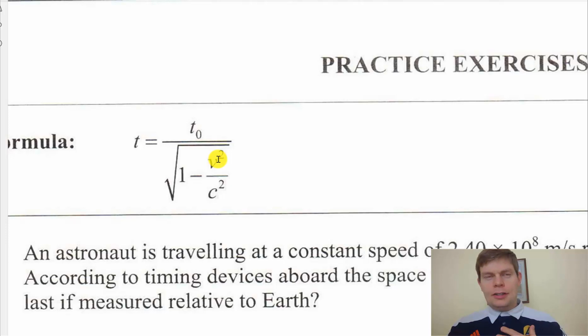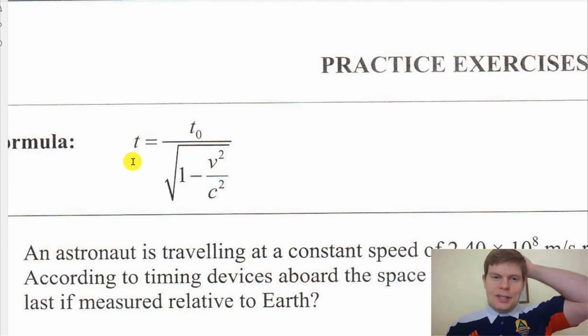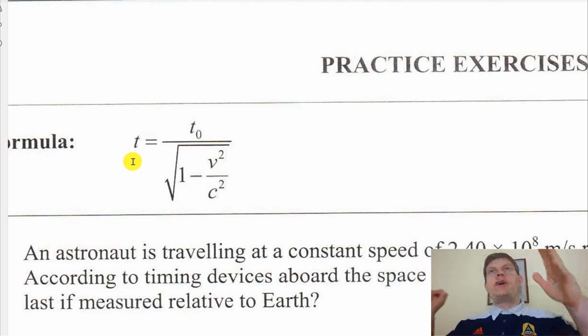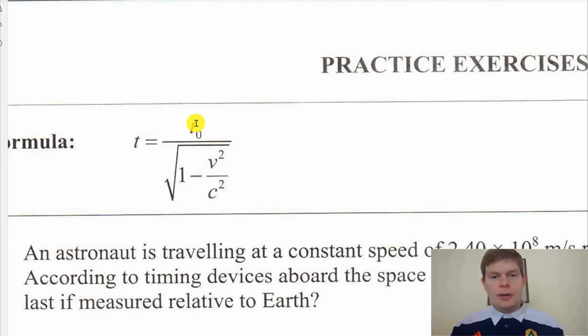what happens when your velocity approaches the speed of light with time dilation. Now, if this approaches c, you have 1 minus c squared over c squared, which is 0. So basically, regardless of the time apparently passing for the person going that speed, it'll appear that infinite time is passing for everyone else. So the takeaway from this is if someone is traveling away from you at the speed of light across the universe, time will appear to stop for them. So time will stop for them, but